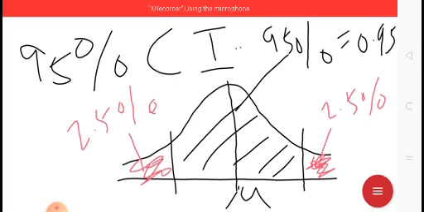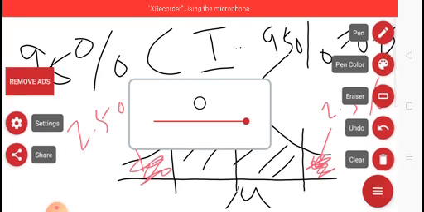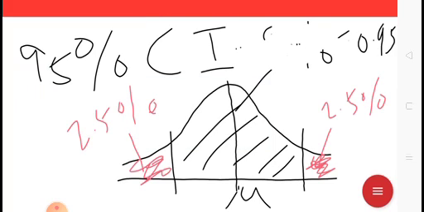So this answers the next part. Let's say now I want to find the probability that